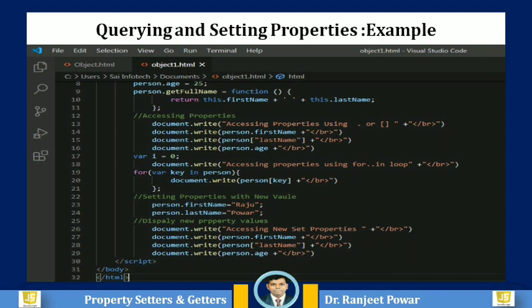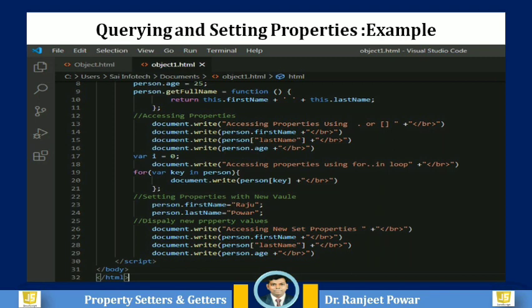Here in this example, the person object is created having first name, last name and age properties. The property values are accessed using dot or square bracket syntax. Again, for accessing the properties, we can use a for in loop.